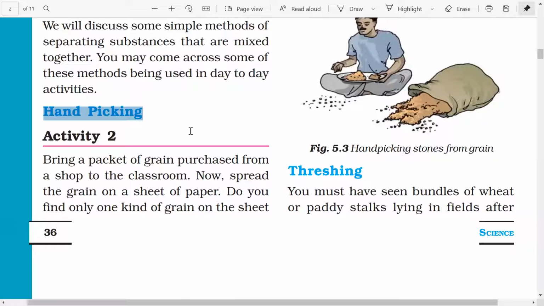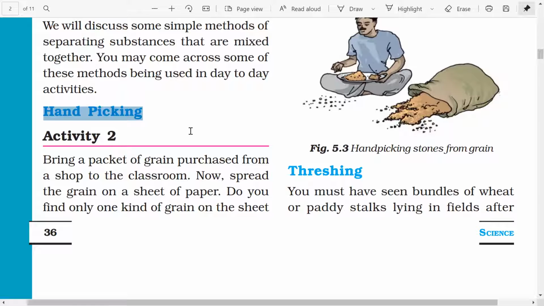Bring a packet of grain purchased from a shop to the classroom. We saw this activity, so you have to bring a grain from a shop to a classroom or wherever. Now spread the grain on a sheet of paper. Take any sheet of paper, like any A4 size, any color. A waste paper is better.